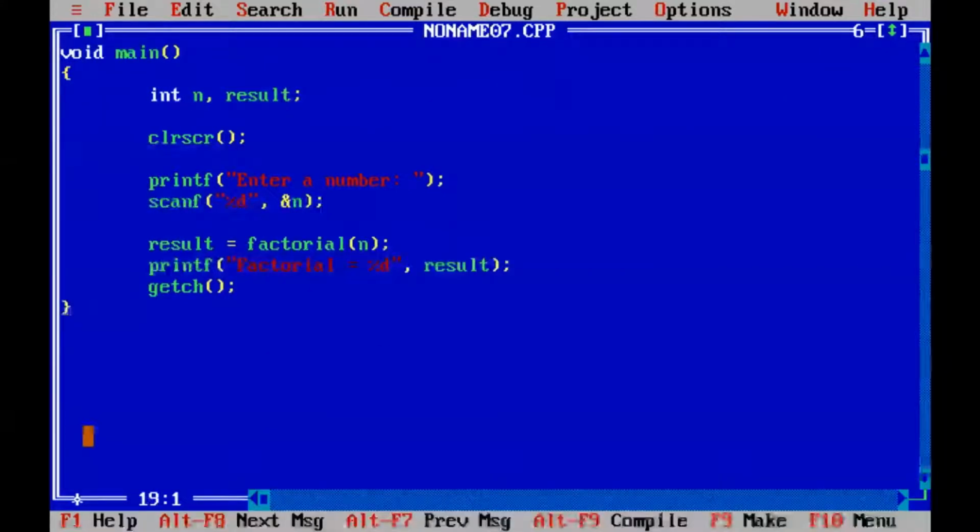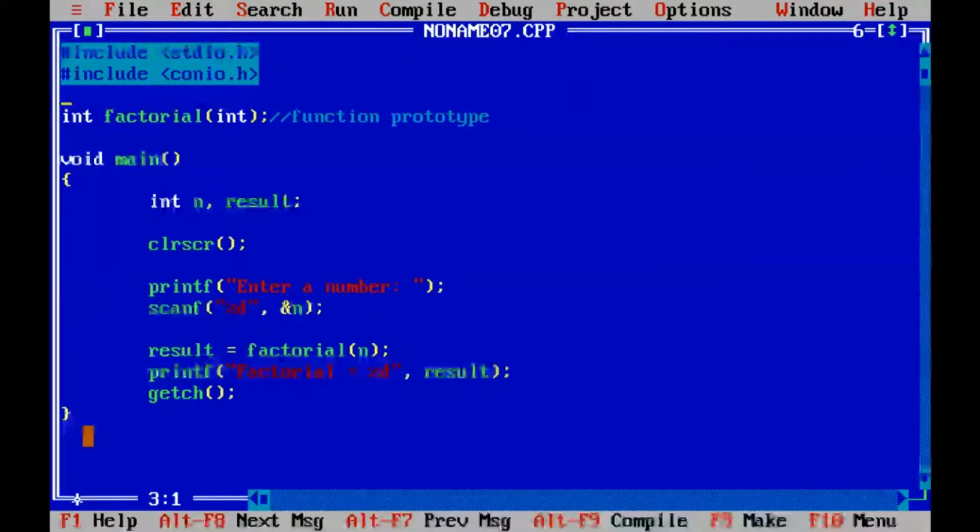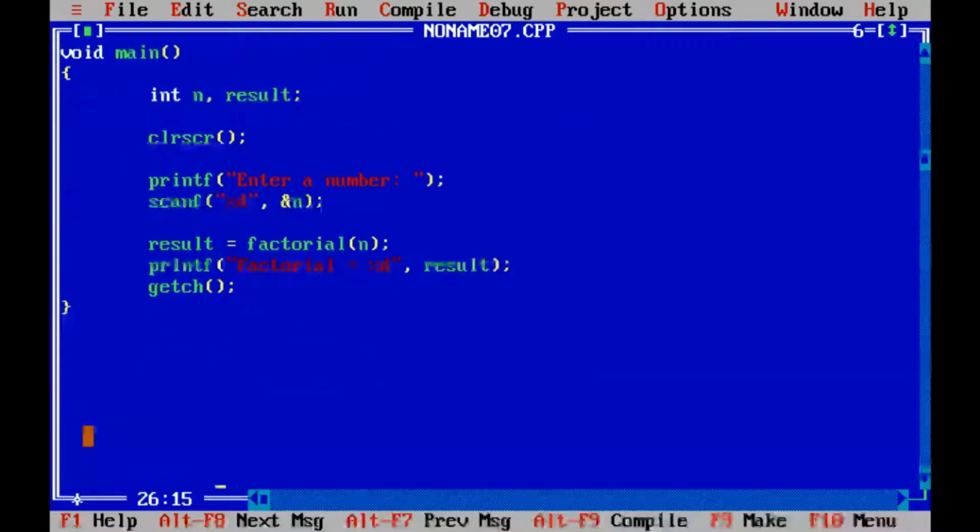Let's see how the function looks: it is returning an integer value, the name of the function is factorial, and it takes one parameter of integer type. So we'll go here: int factorial, name of the function factorial, and taking one parameter int n, bracket open, bracket close.